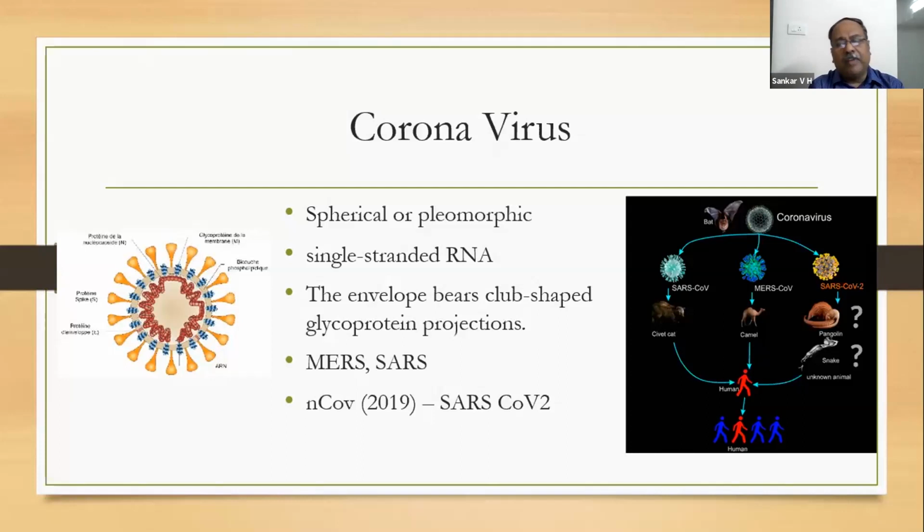And usually the coronavirus causes simple rhinitis in humans, 4 or 5 types are there. But some of the genetic variants of coronaviruses can produce severe pneumonias like MERS and SARS, which we know epidemics have occurred earlier. So in 2019, a coronavirus-related severe pneumonia occurred in China, and later it was identified to be a genetic variant of SARS. That is why the terminology has been changed from coronavirus 2019 to SARS coronavirus 2.